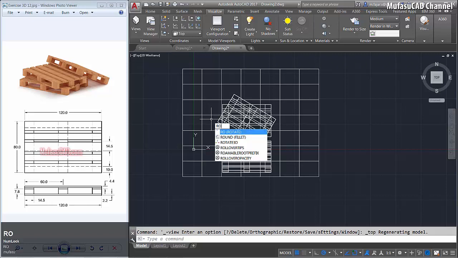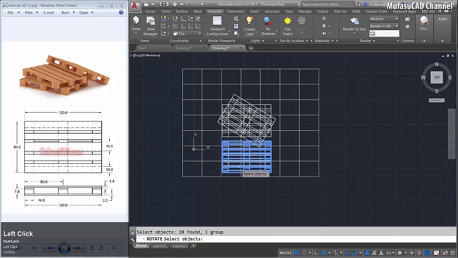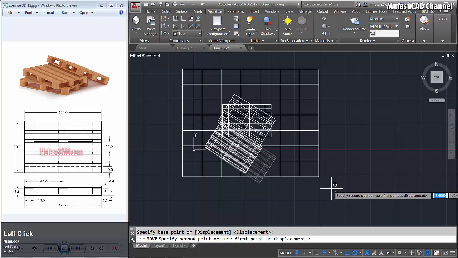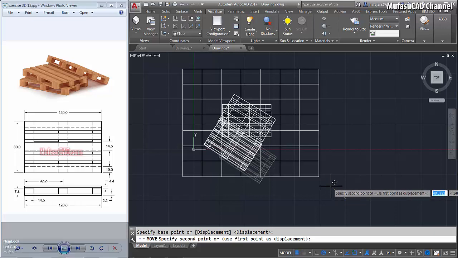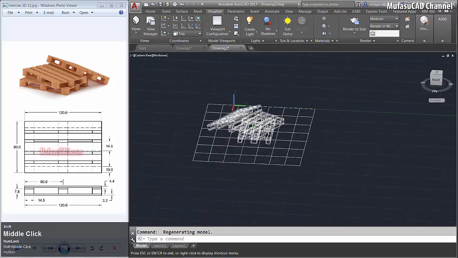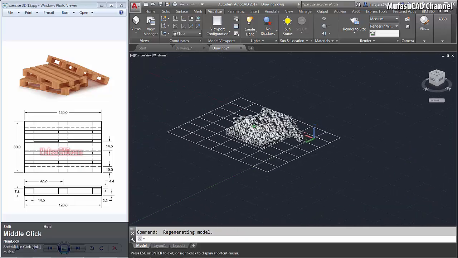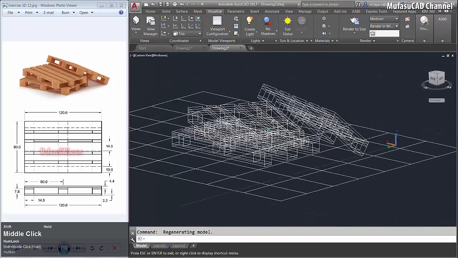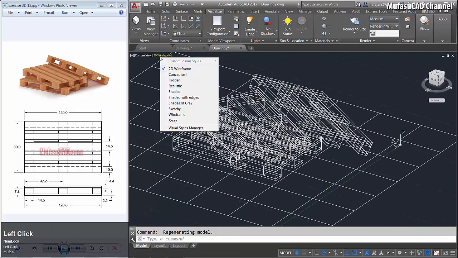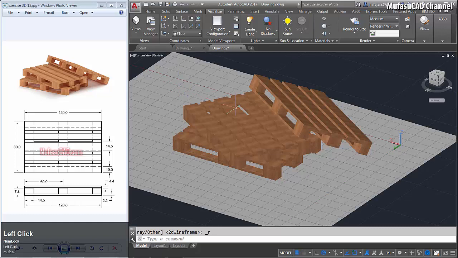We rotate again this object from here to here, and then we move this object to here. Okay, and you can use the orbit command to rotate the object. We rotate to this view, and you can change from wireframe to realistic view.